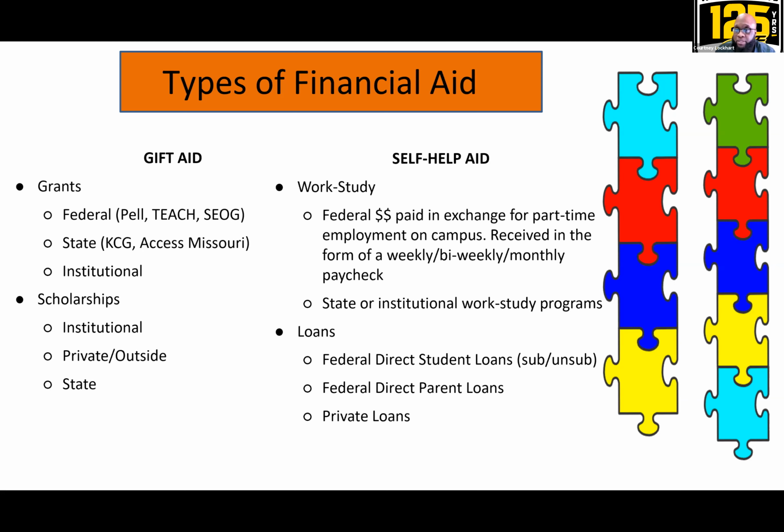And then other types, they will have to borrow and repay, such as loans. So when we're looking at the gift aid, of course, grants and scholarships. Grants first, they have federal grants that are available, state as well as institutional grants. Now, these grant opportunities are going to come based upon the students submitting that FAFSA. So upon completion of the FAFSA, then the schools will be able to determine a student's eligibility for these different